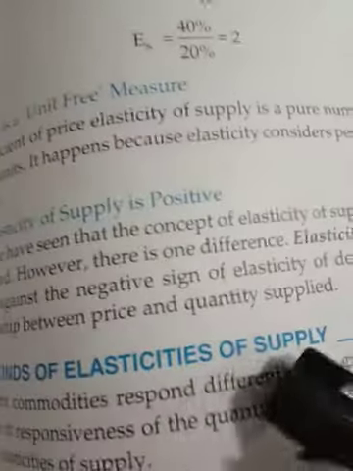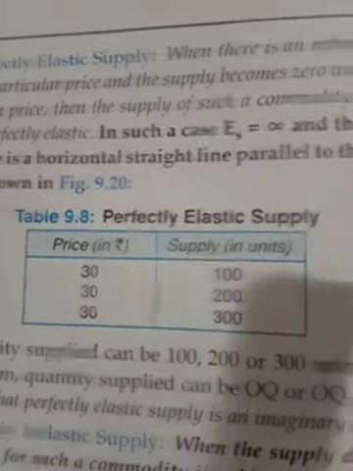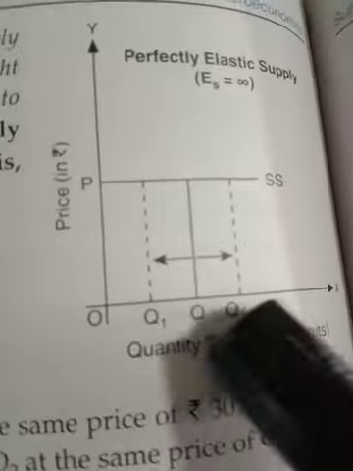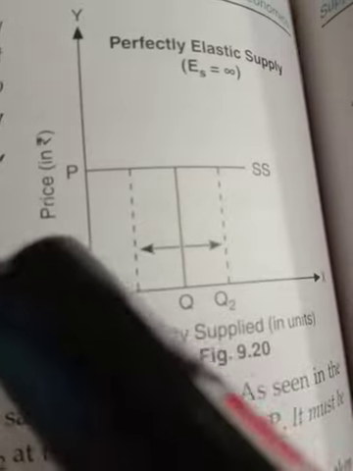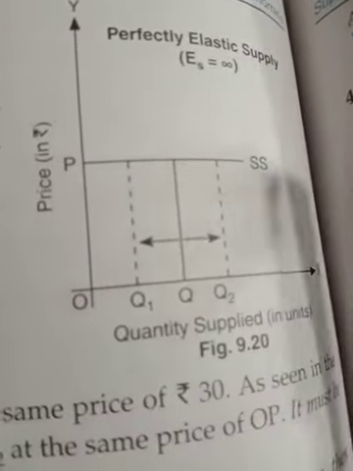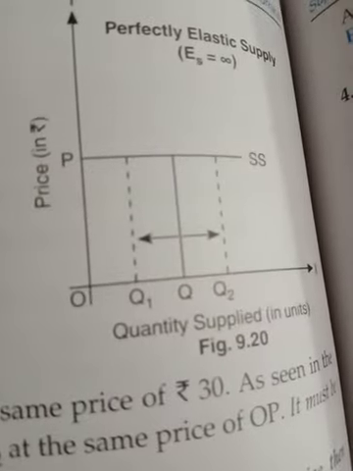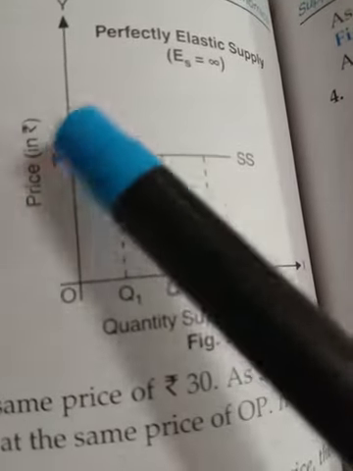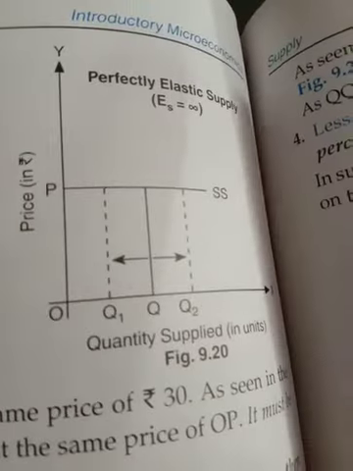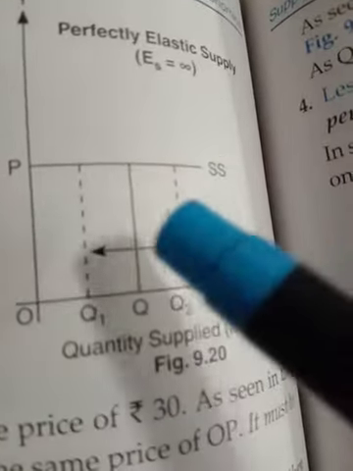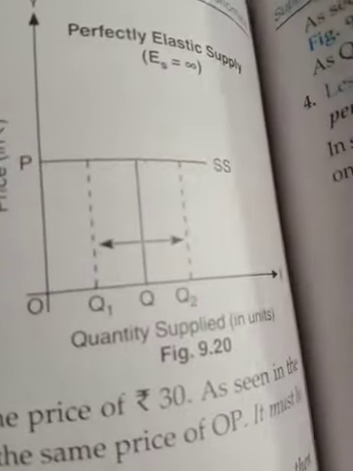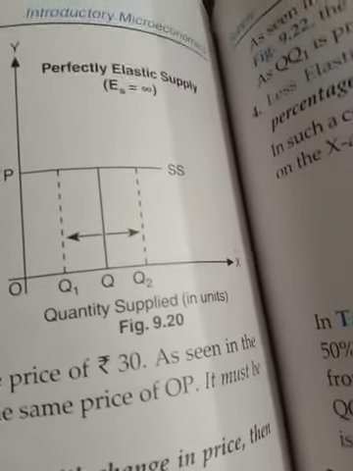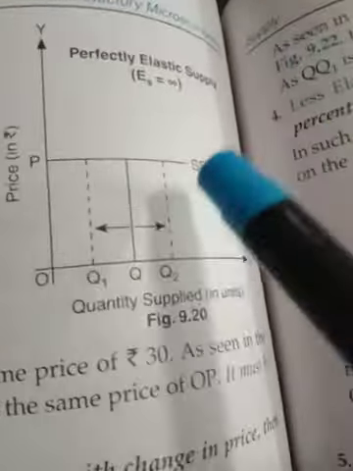Now there are the kinds of elasticity of supply that we have to discuss. The first one is perfectly elastic supply. Under perfectly elastic supply the diagram is like this. Here you show quantity supplied and here the price. In perfectly elastic supply, elasticity of supply is equal to infinity. It means if any change occurs in the price, supply can be infinite. This is the point where the supply curve starts. This shows that if any change occurs in the price, supply can go to any extent, to infinity. So here elasticity of supply is equal to infinity and the supply curve is parallel to the OX axis.